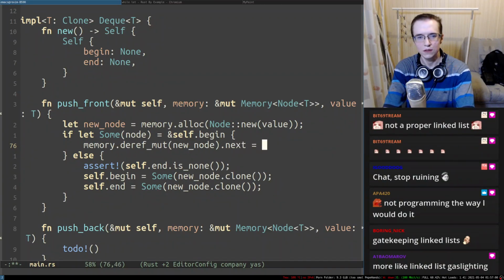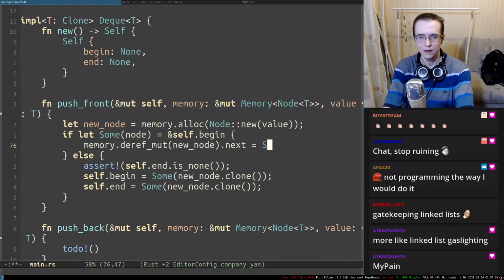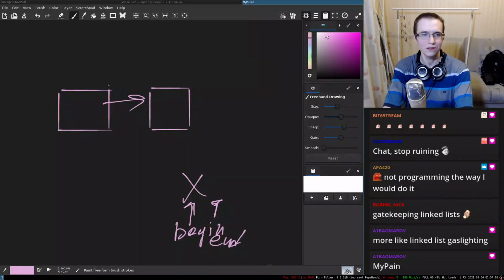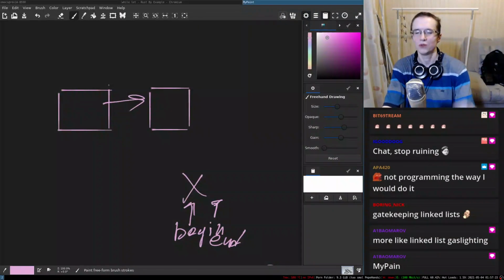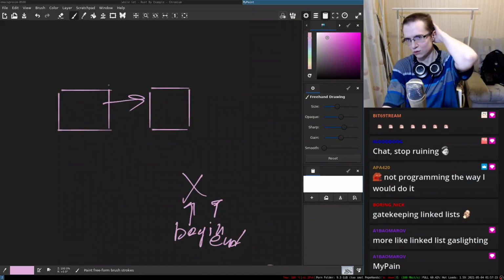So next equals. So this is a node, right? So I wonder if I can do something like node. My pain, yes, it is in fact my pain. I don't remember this one. It was a huge pain in the ass. Like I remember I was trying to understand the code of MyPaint,